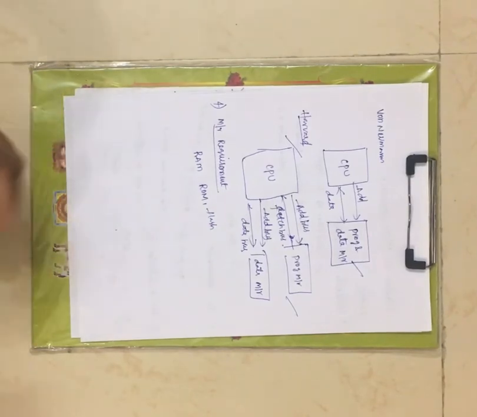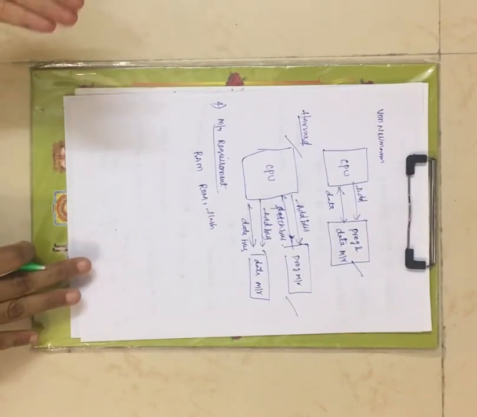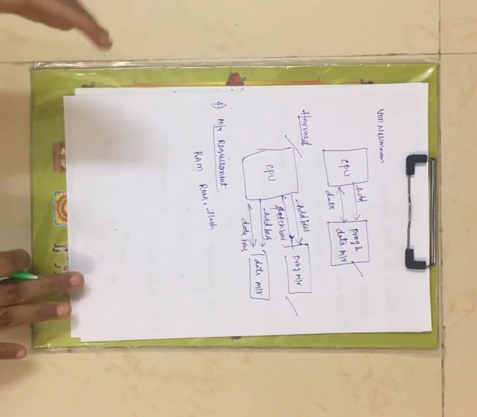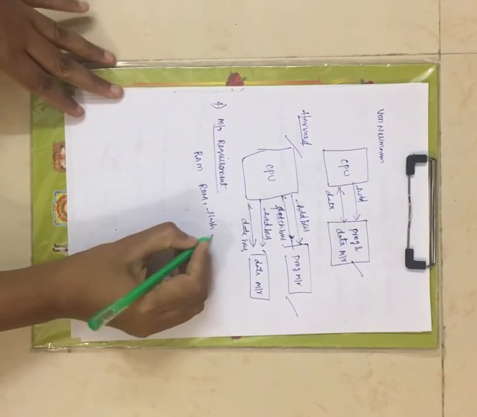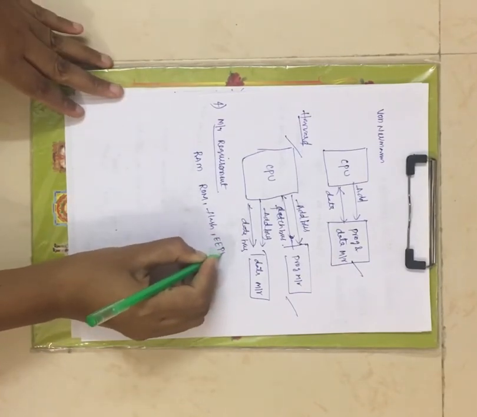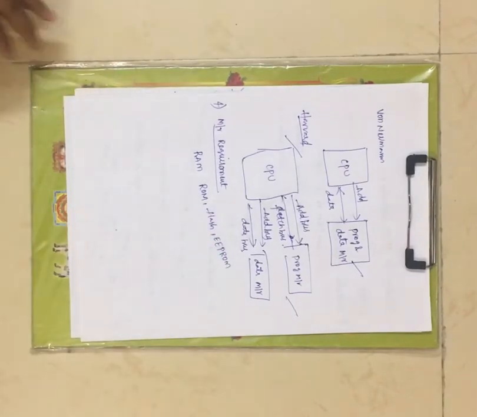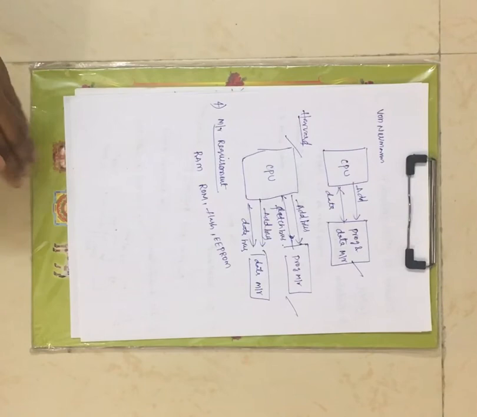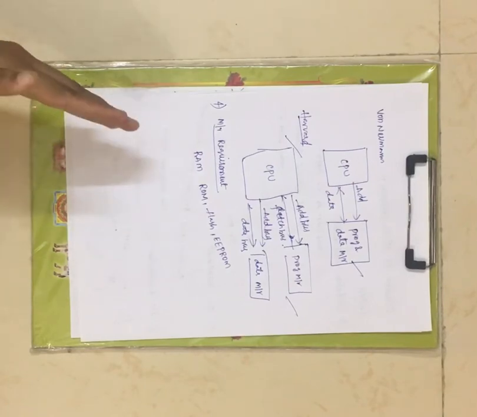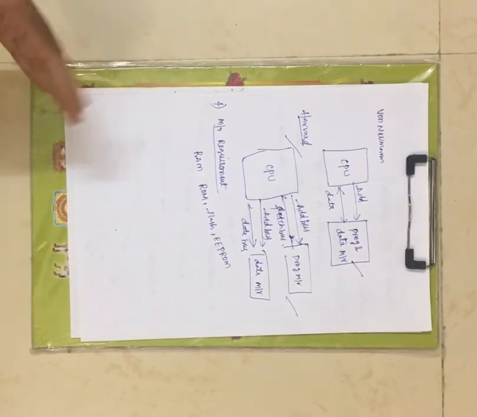Now when selecting a microcontroller, you should know the memory of your RAM, ROM and flash, and you have some EEPROM, electrically erasable programmable read-only memory. Some microcontrollers support EEPROM also. While choosing the microcontroller, make sure that it has a large amount of program memory and a large amount of data memory.